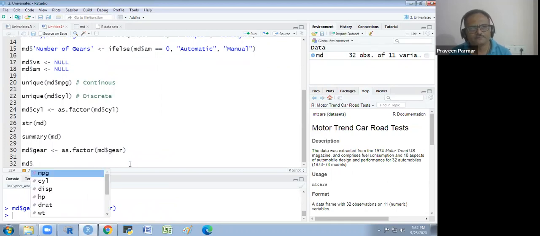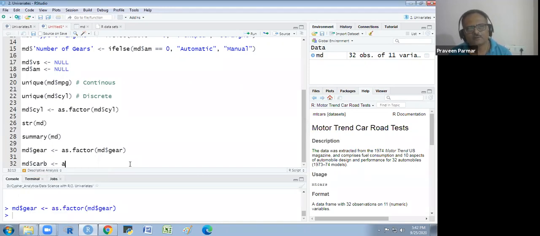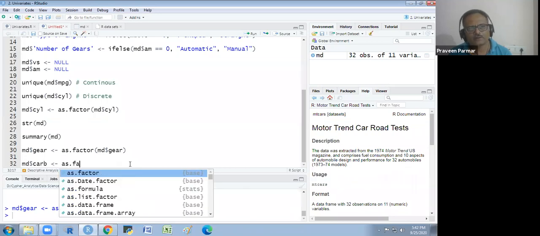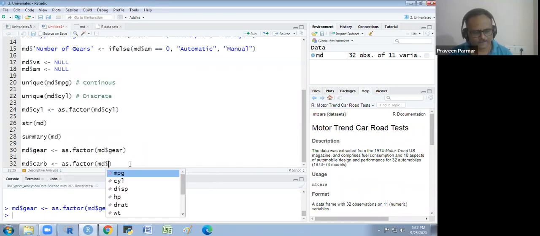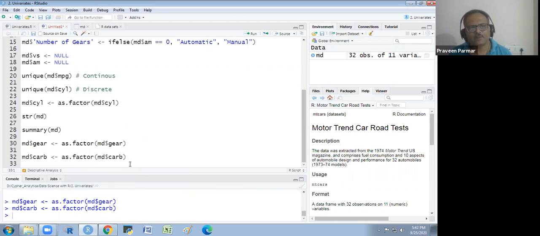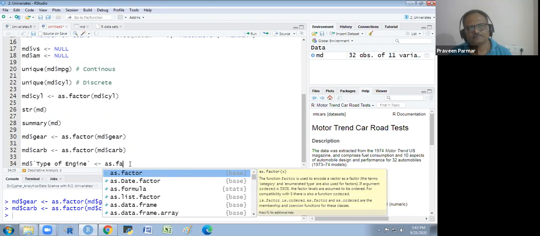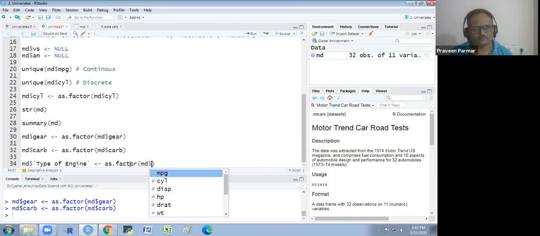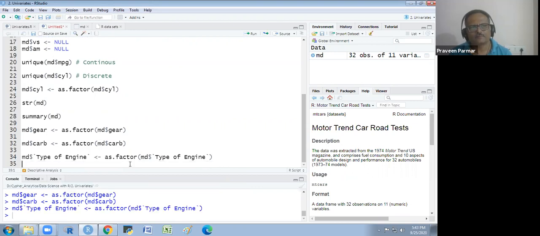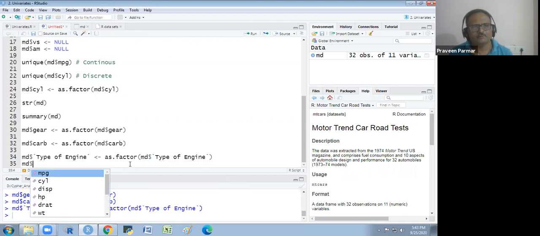MD dollar, after the gear, we want carburetor, as dot factor. This I have done. Then MD dollar type of engine, as dot factor, then MD dollar number of gears.